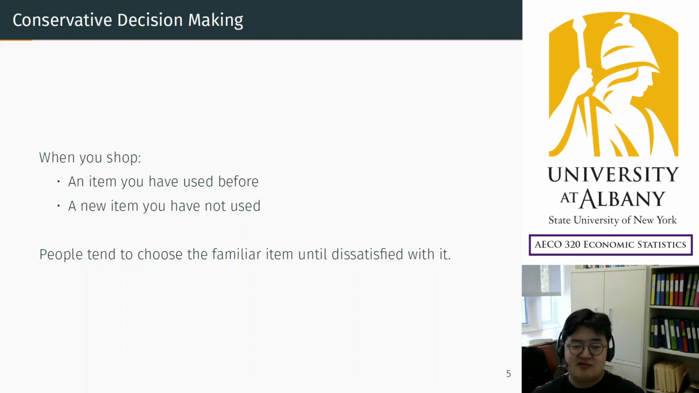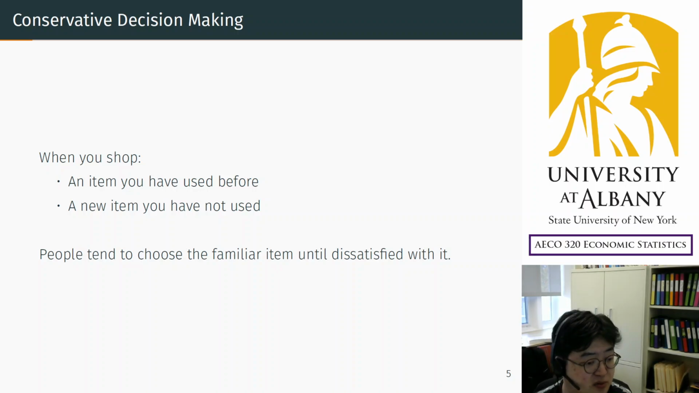So that's a typical tendency. You try another item only when you are not satisfied with what you are using, right? So that means even if you neither like nor dislike it, your choice still favors the item you are used to, right? So it is unfair. You have to compare all the brands without any bias. Actually, you are biased toward what you are familiar with. So that is